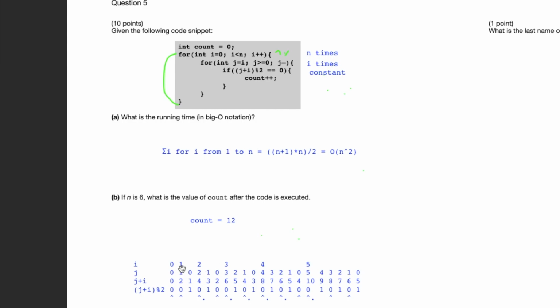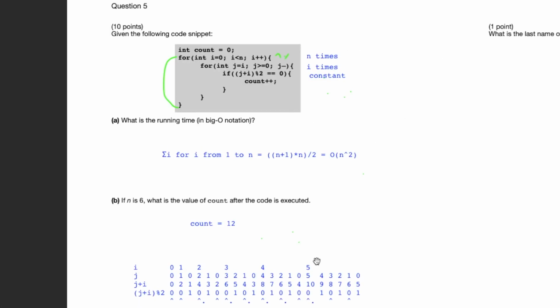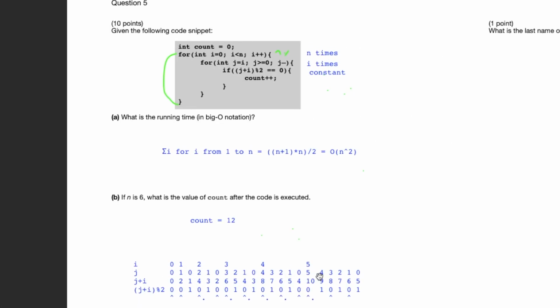Did everybody follow that each column is one of the checks on the if statement? First we started out with all of the iterations of i. Each one of those runs so many iterations of j, and it checks i plus j mod 2 and whether that's 0. If it is, then it adds 1 to the counter, and we just counted how many times it adds to the counter. So the answer is 12. All right, next it's on to the extra